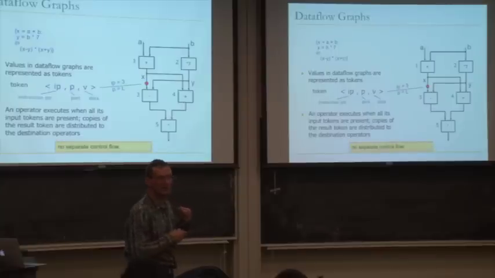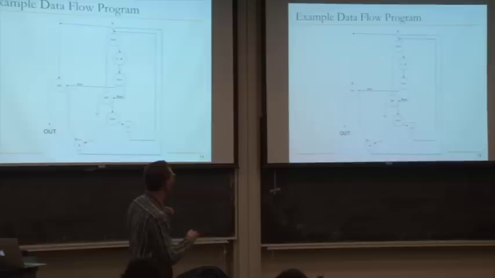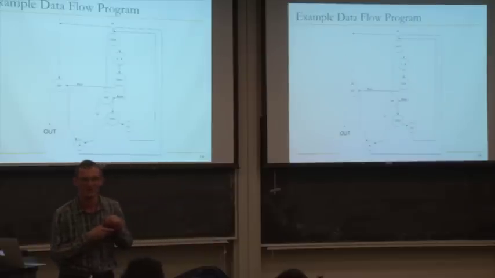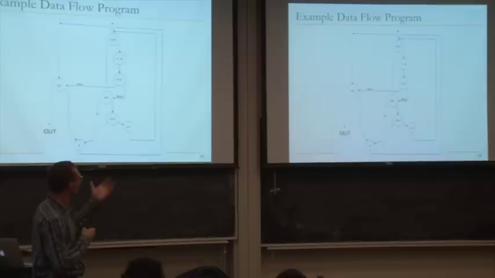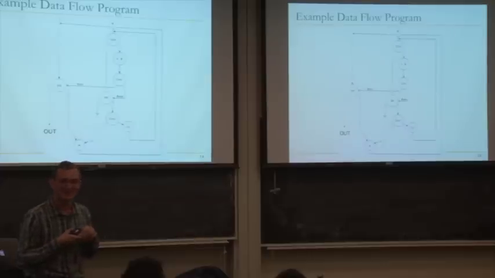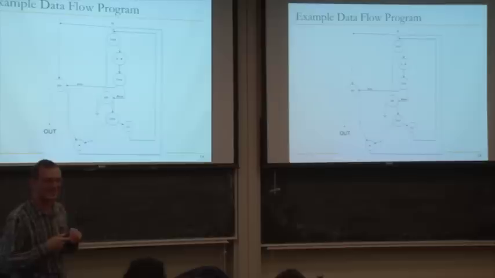So you can see that there's no separate control flow here, right? If you have a branch, well, I guess this is the branchy part. You have seen this before in my classes, I think. This is an example Dataflow program. It's very simple, and you can probably say what it does. I guess in this case, n is a non-negative number. Is that true? That's right. I guess that's my question to you. What does this Dataflow program do? What is the value of the output?